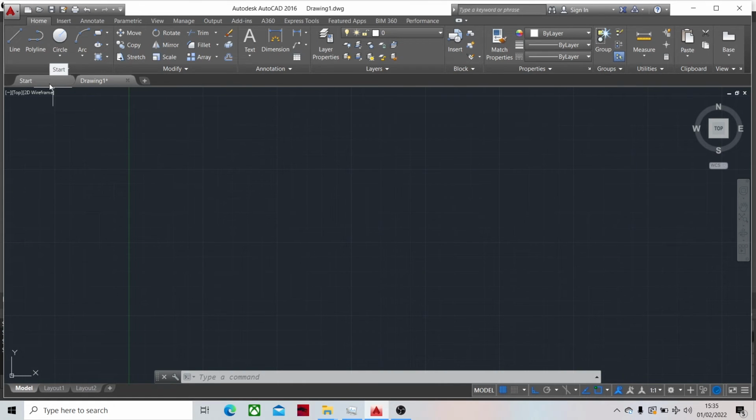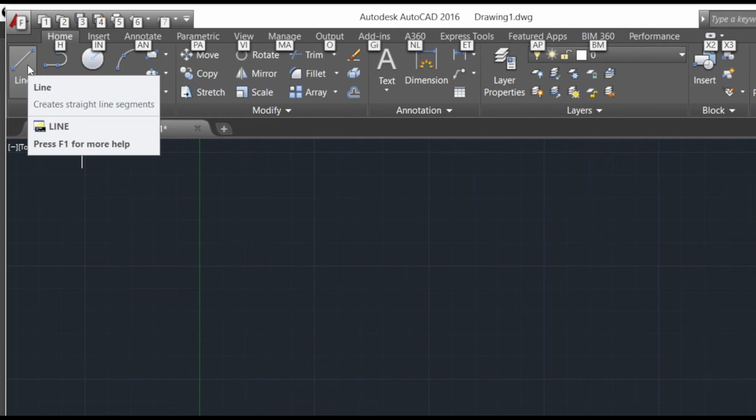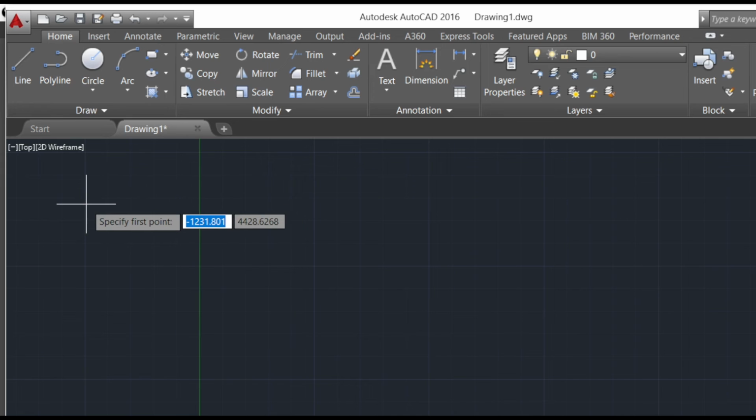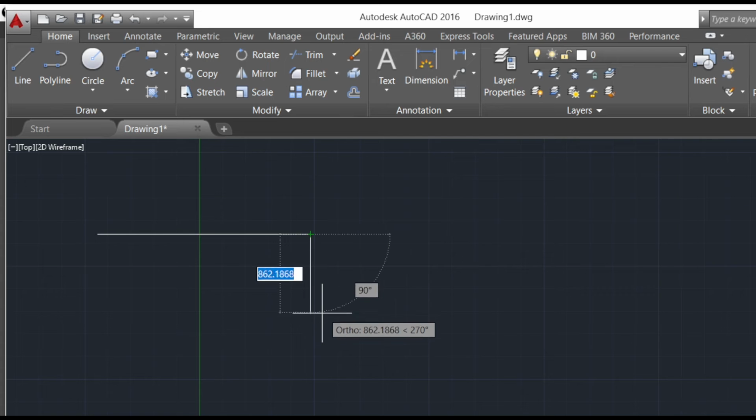First is CTRL 2, we make a drawing, zoom in for a new line. Okay, line, and then this. Okay,